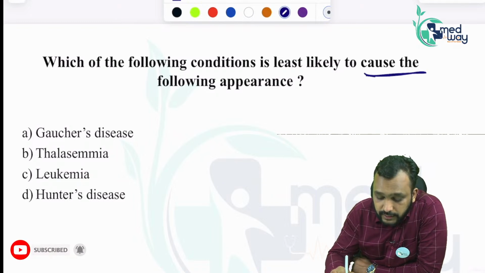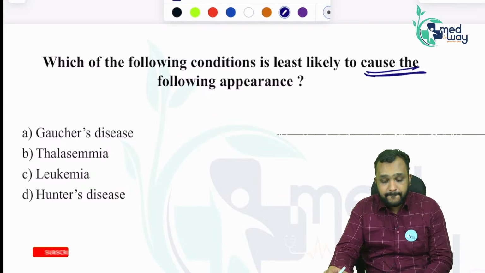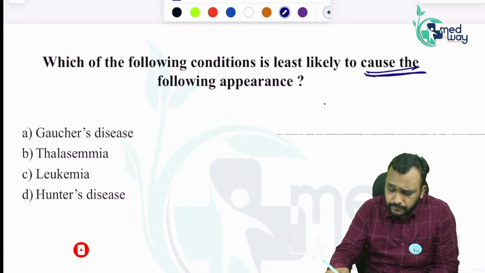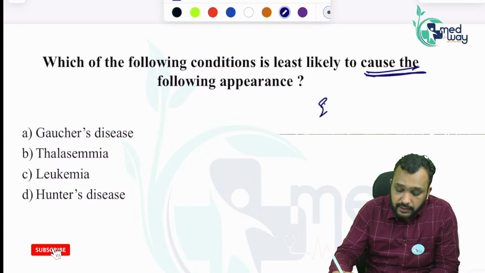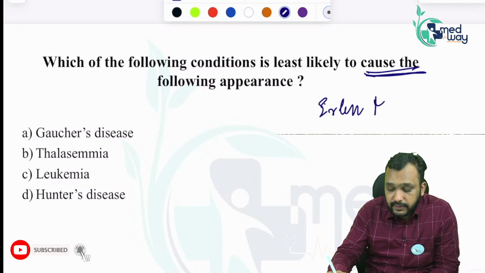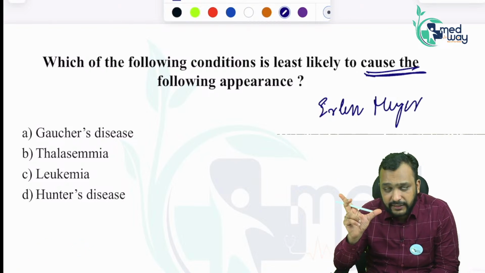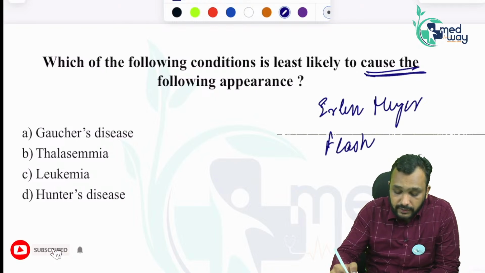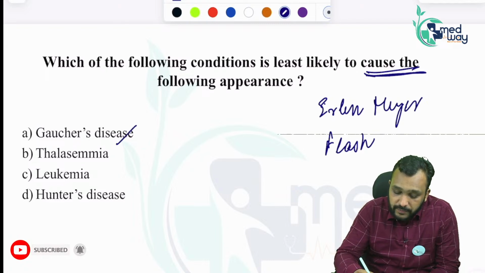Which of the following conditions is least likely to cause the following appearance? Okay, so here I have just forgotten to bring the image for you. So this was an Erlenmeyer flask deformity, where you will see that there will be widening of the limbs, known as Erlenmeyer flask deformity. So this is seen in all of the conditions except,